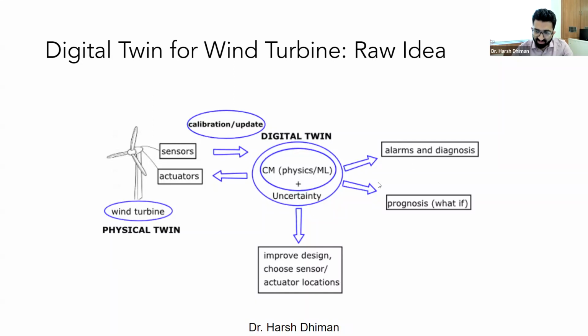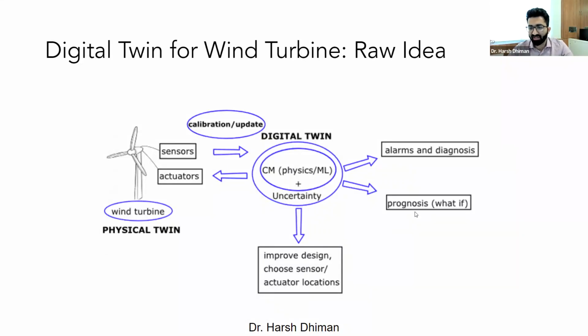What could be these inferences? There could be some alarms, there could be diagnosis of faults. You can do prognosis as well. Prognosis is related to the remaining useful life of your critical components, whether this gearbox is reliable or not. If you want to conduct a test on that, then you would carry out the prognosis process, and the result of prognosis would be how many days are left for your gearbox to fail.